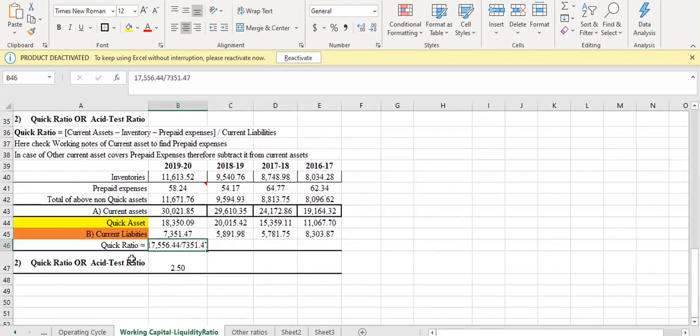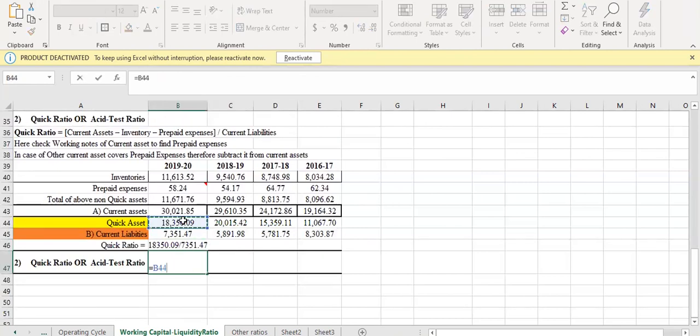Then what you have to do for the quick ratio, this particular information is available with us: quick assets divided by current liability. So here is the current assets, how much it is, 18,350.09 divided by 7,351.47. Then the same way I will be calculating here with the mathematical rule. So this is nothing but the quick ratio for